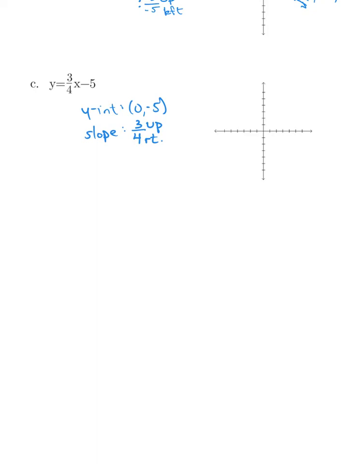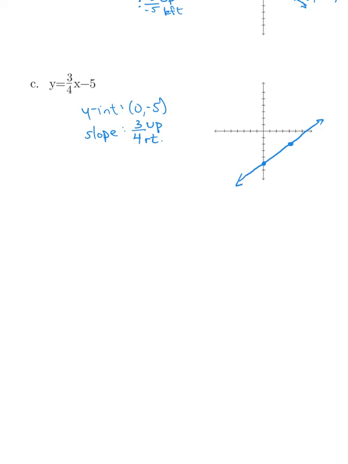So if we plot 0, -5, this is on the y-axis, we're going to go down 5. And now my slope tells me that I want to go 3 up and 4 to the right. So if we do that, we end up at 1, 2, 3 up, 1, 2, 3, 4 to the right. We should be right here. And we'll go ahead and leave it just like that. We can go ahead and draw our line,